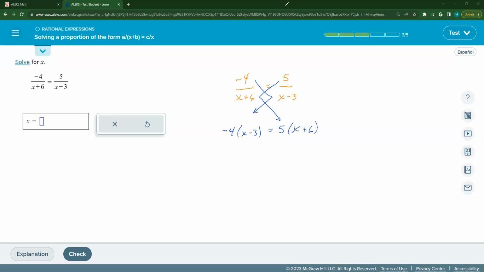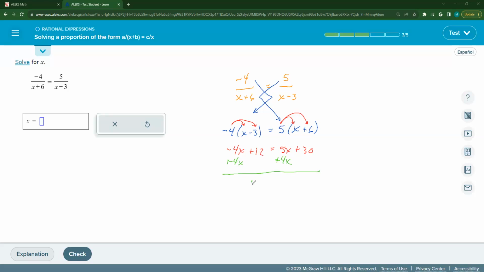Simplifying each one of these, I'm going to distribute. So I have negative 4x. Negative 4 times negative 3 is plus 12 equals 5 times x. And 5 times 6 is plus 30. I'm going to get all of my x's on one side, numbers on the other, and it's going to look in the work like I did it all at once, but I'm going to do it one at a time. So I'm going to get the x's together. There's more over here, so plus 4x, plus 4x,